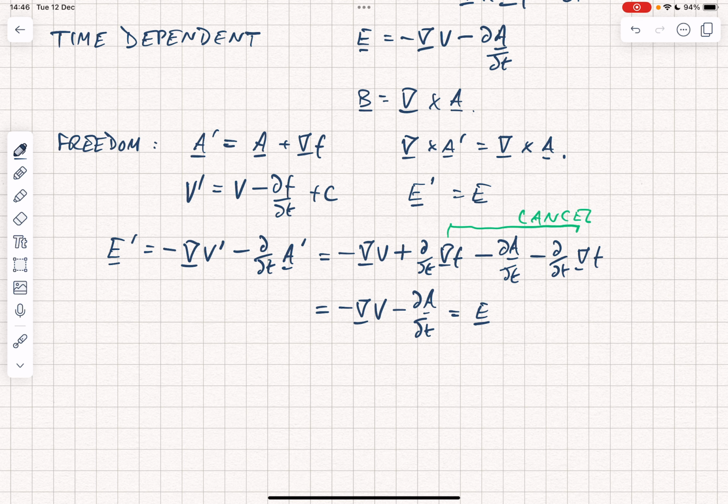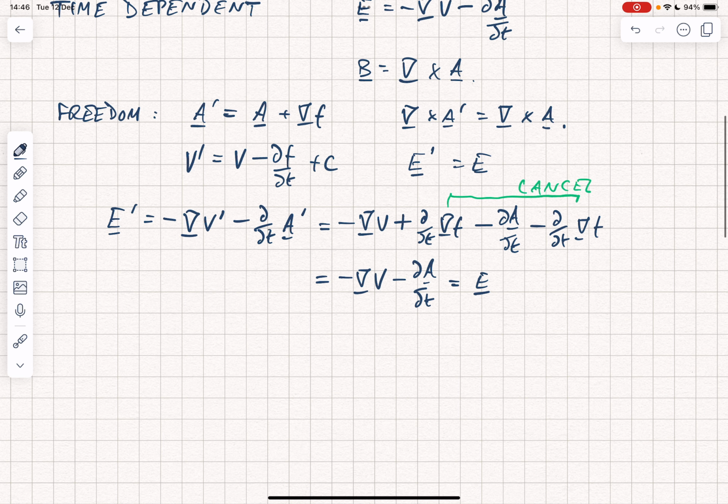Now, why do we want to worry about this? Why do we care about all of this? We're going to see in the next video that you end up with wave equations for the potentials if you substitute the potentials into Maxwell's equations. And the wave equations that we end up with, which I will derive in the next video, are as follows. You get del squared V plus d by dt of the divergence of A is equal to minus rho over epsilon naught. That's the scalar potential.